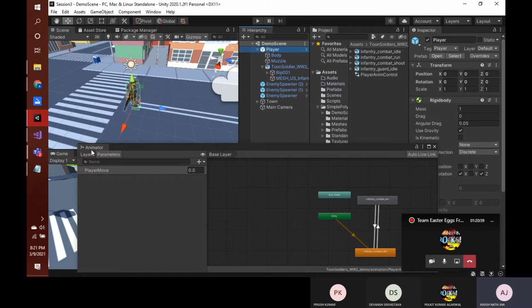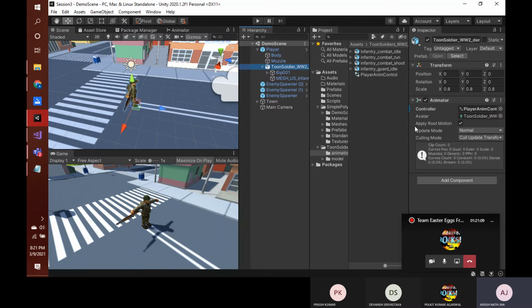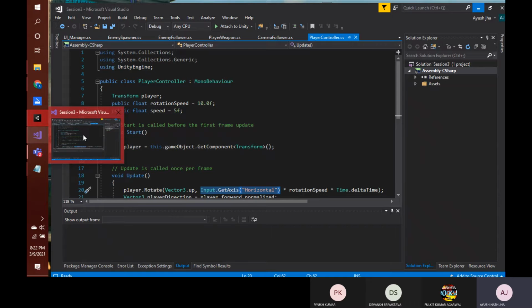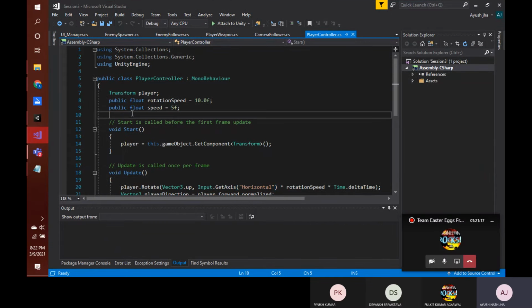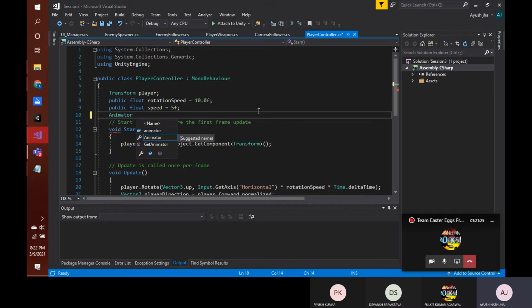If I dock this now, move back to our scene, and as you can see in our player, we have this toon soldier, and within this toon soldier, we have this animator. Okay. So if we go to our script for this player controller, we first create an animator type of object, Animator, and let's name this playerAnim.